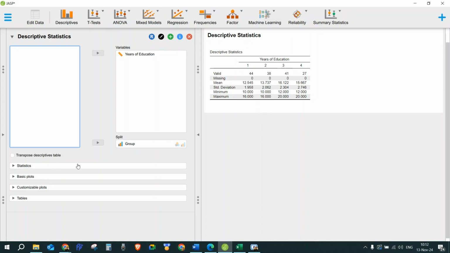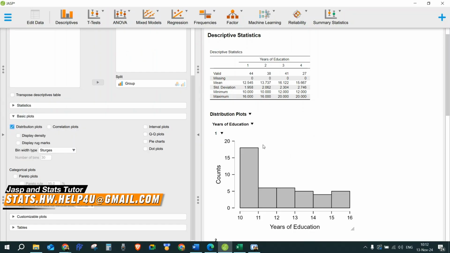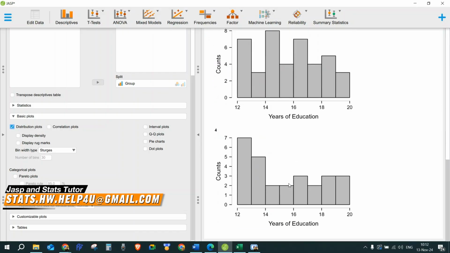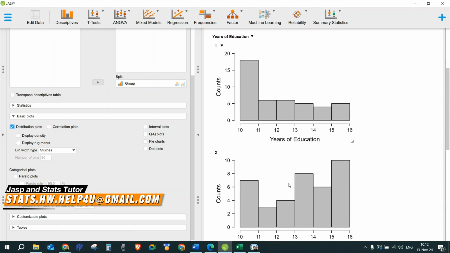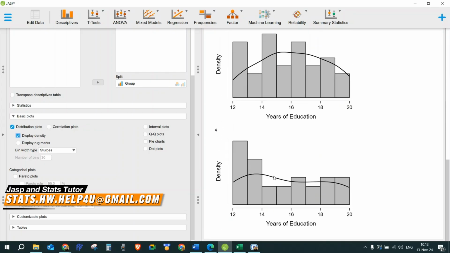We could also run some basic plots just to know the data set better. For instance, we're going to go and run the distribution plot. So for the distribution plot, we're getting the distributions for each one of the groups that we inserted. We can also add density plots for each one of these plots that we just generated, and so on and so forth. So basically we can run the descriptive statistics from other angles as well, but let's try to focus on the